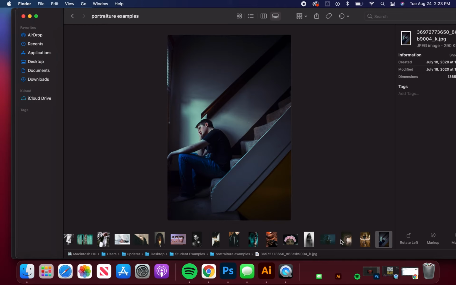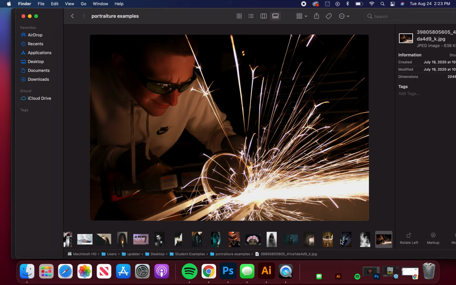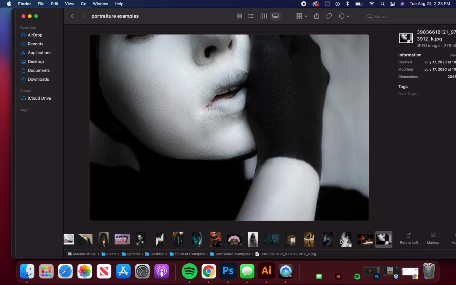Light, environment also, creating movement, emphasis. Light, experimentation. It's cool. All right, this works, but